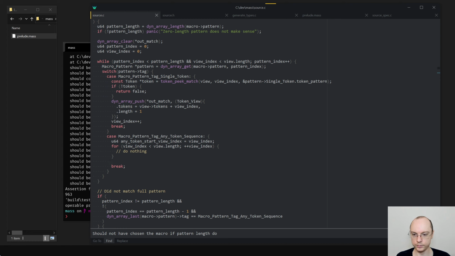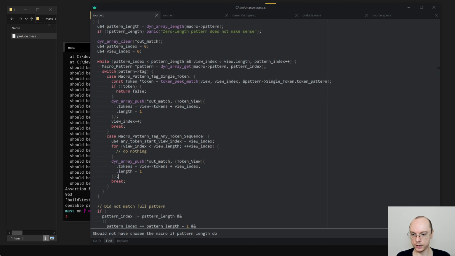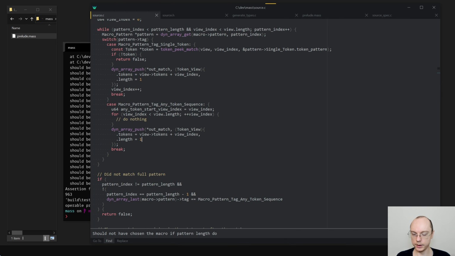And then this will slightly change, but for now this is what we want. So we just start this position and we match everything to the end. And then we push this with any token start index. So view length minus start index. That sounds reasonable.